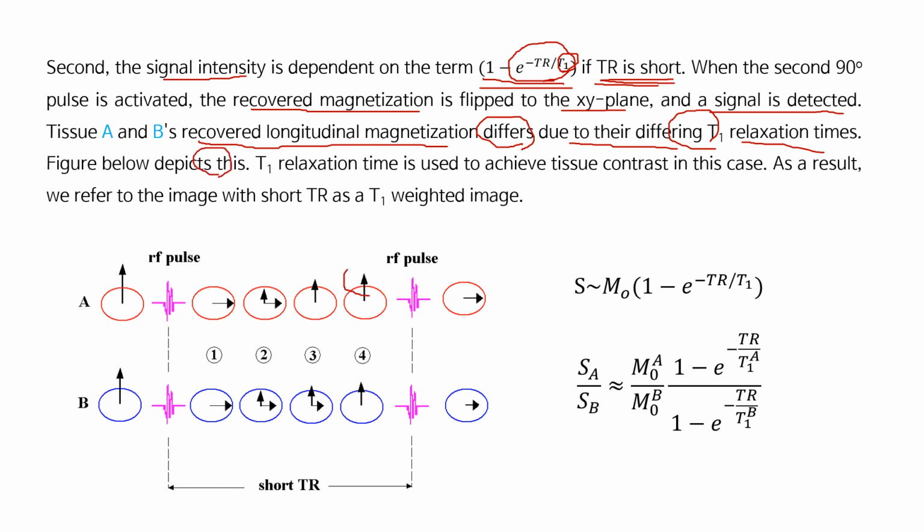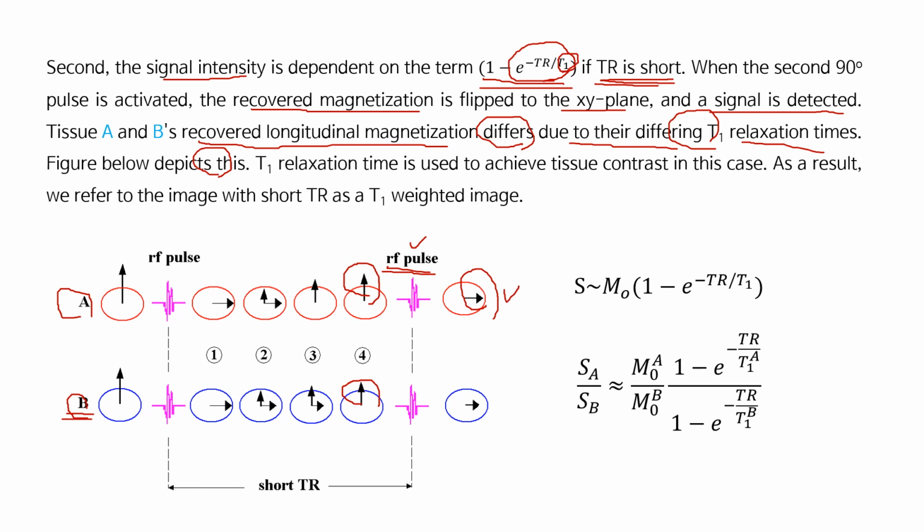The T1 relaxation time of tissue A is shorter than that of tissue B. So in tissue A, protons recover their longitudinal magnetisation fully, but in tissue B, it's still recovering. So if we use a 90-degree pulse here, then we can detect